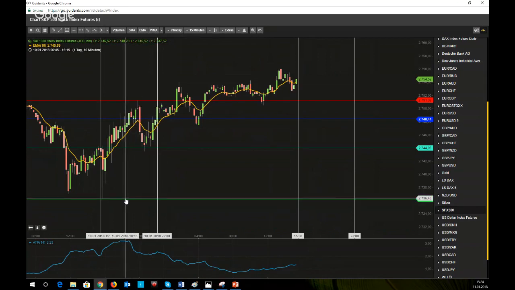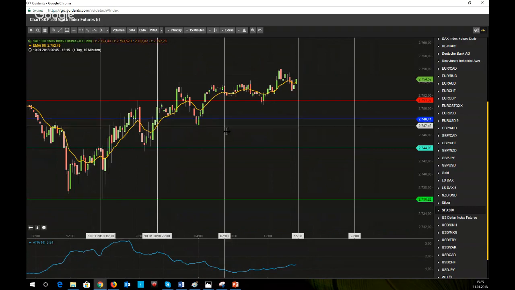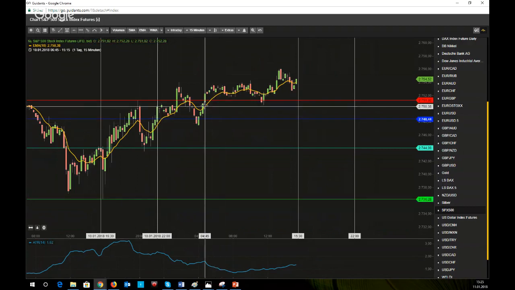So if we are now breaking out of this open range, which will be defined between 2:30 p.m. till 3:15 p.m. GMT, if we break out on the upside and we're trading above this yellow line, which is showing the 10 exponential moving average on a 50-minute time frame, well, there's no reason not to trade the long side,